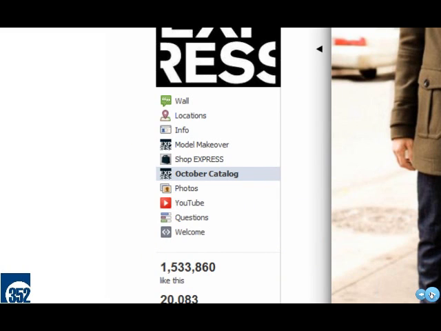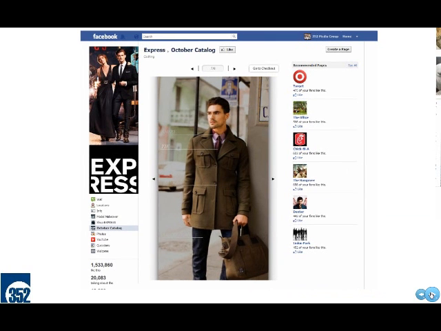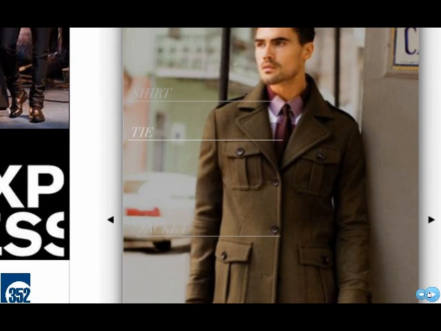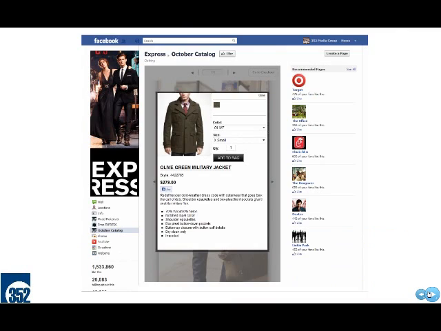What they've actually done here on the site is put a link to an app that's within Facebook that is the current catalog. So you can see October catalog there on the left. Now what happens when you click on that is you get this image here, and you've got buttons to go left or right, and you've got information on the top about what page you're on within this particular October catalog, so things that are specific to that month. And so once you hover over different areas, you see tie, shirt, jacket, bag, and things like that. Zoom in and see that a little bit there.